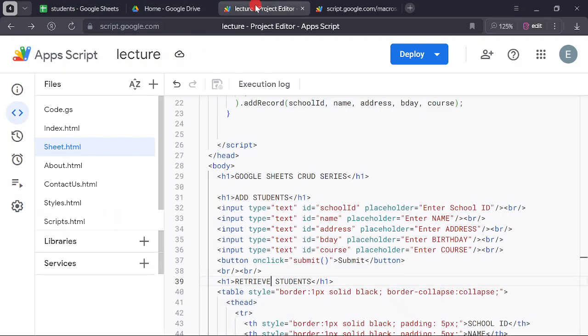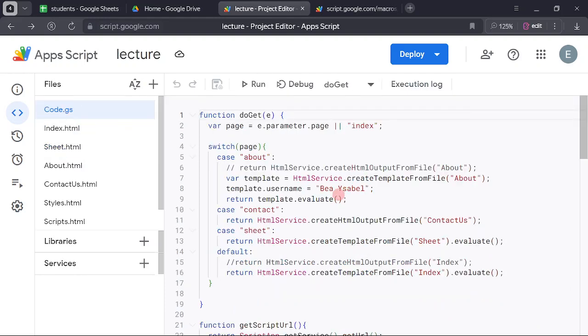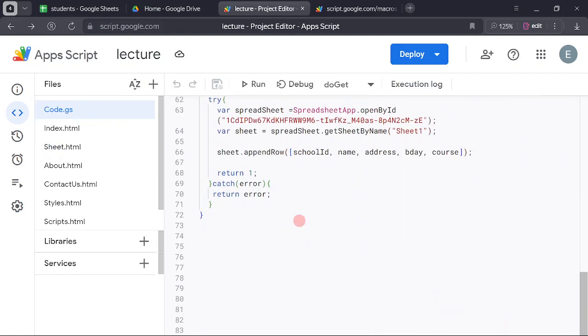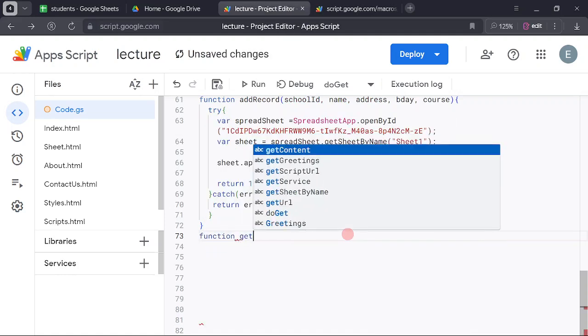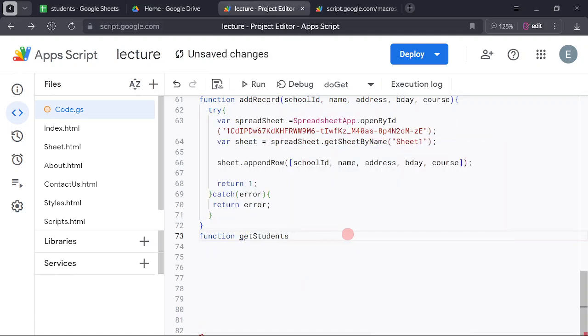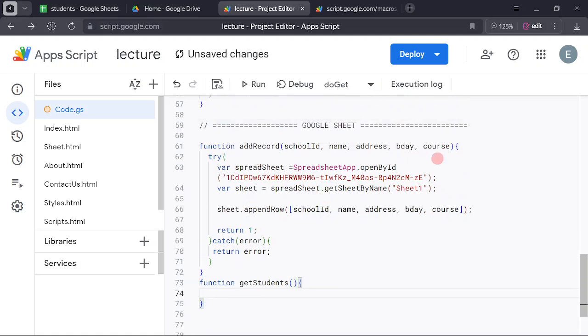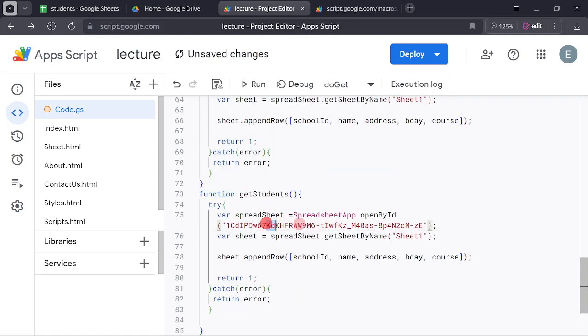Here from code.js, I'm going to create a function. I'm going to call it getStudents. I'm going to retrieve all students. So again, same procedure actually. First we're going to create a spreadsheet with the ID, then the sheet, then next, we are not going to append, but we are going to get,